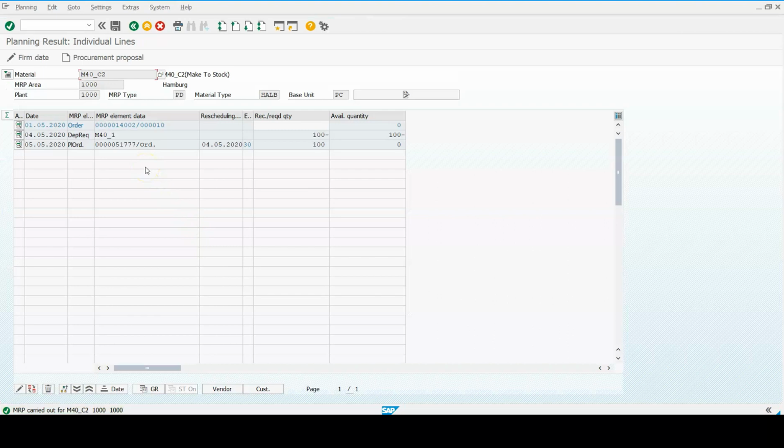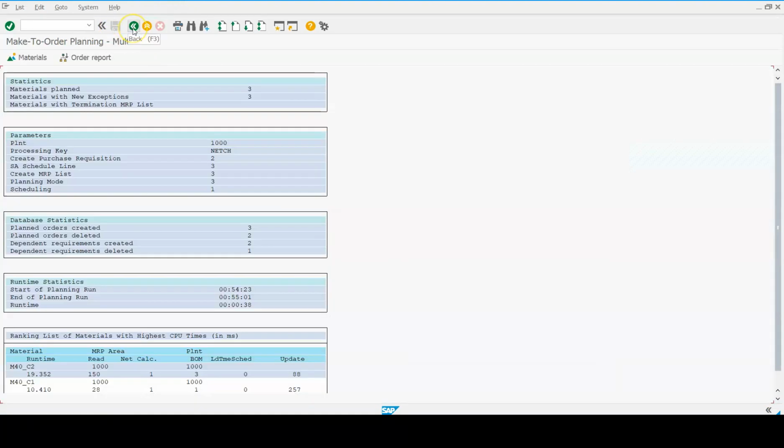For demo purposes, I have kept this material also as make to order. You can see it is now preparing a separate planned order with order details. I will save this. Now we will go to the material master and change the setting for M40_C2.